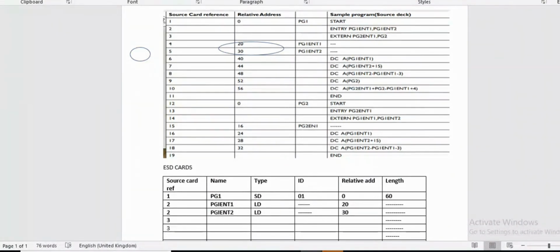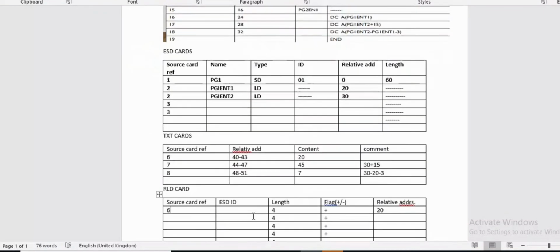Local data has the same ID as that symbol. The local data is PGIENT, and before that we have the SD, and the ID for that SD is 1. So we have to assign 01 as the ESD ID for this line. The length of every instruction is 4, the flag is plus, and the relative address is 20.